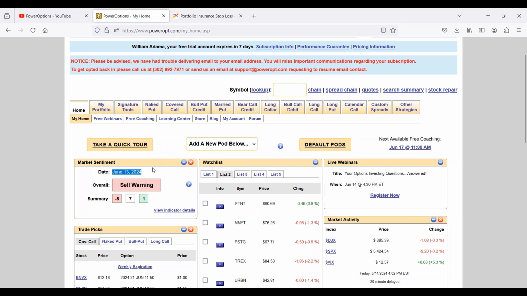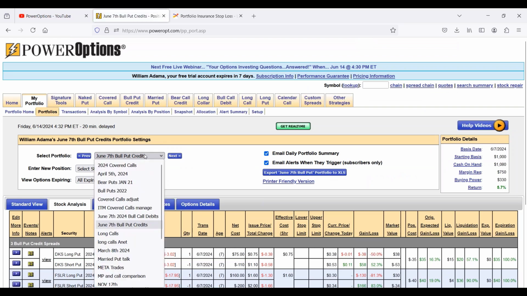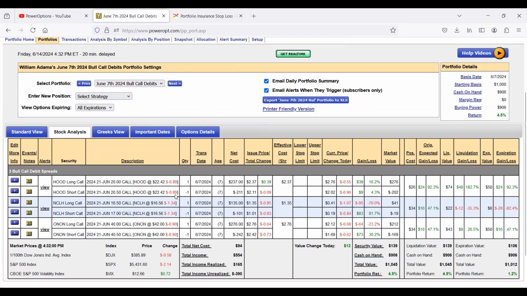And let's look at the 3 bull call debit spreads that we found for Alfonzo last week based on his requirements, where he normally looks again for 1/3 of the net credit in a credit spread against the strike difference, which we assumed would be a 50% return based on what I just said a moment ago. So in the portfolio, there's the bull put credits. We're going to get to those in a moment. But the bull call debits, the 3 bull call debits that matched Alfonso's criteria when we ran the search, was